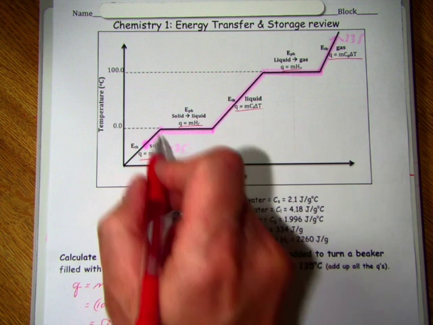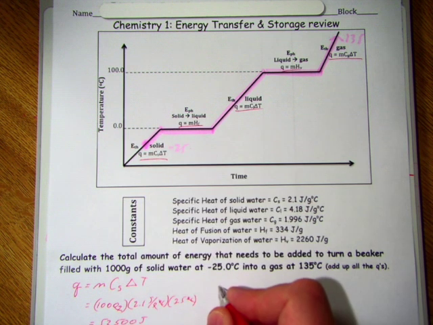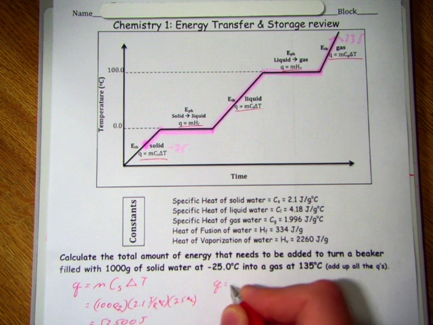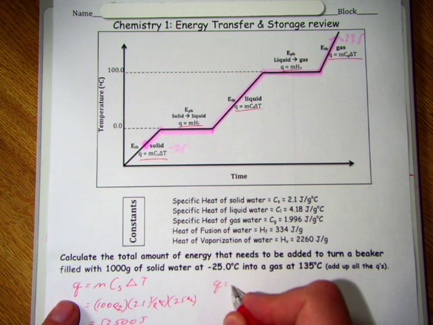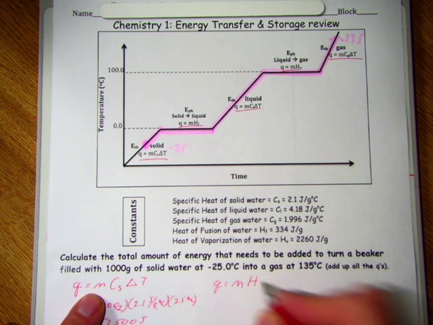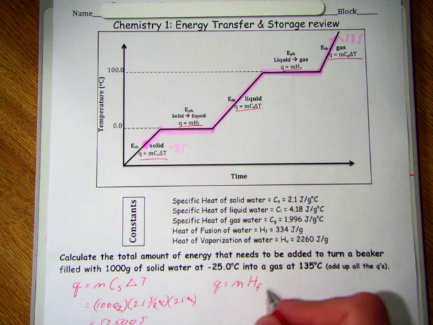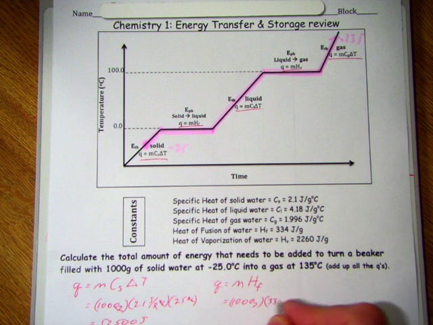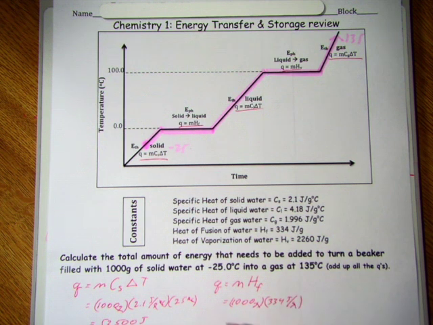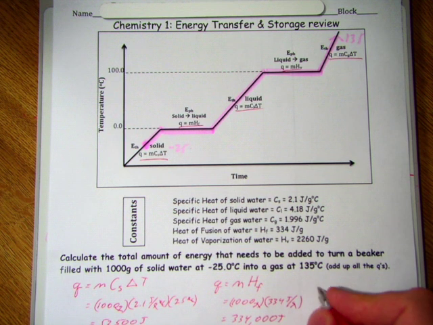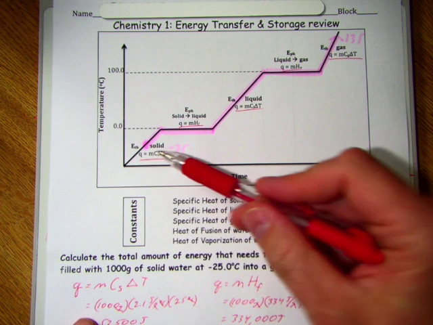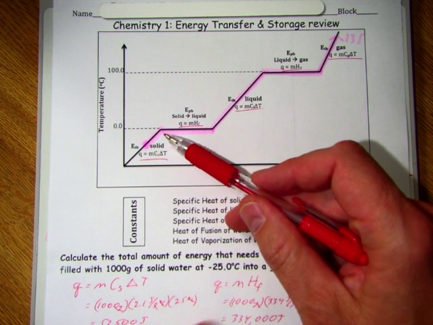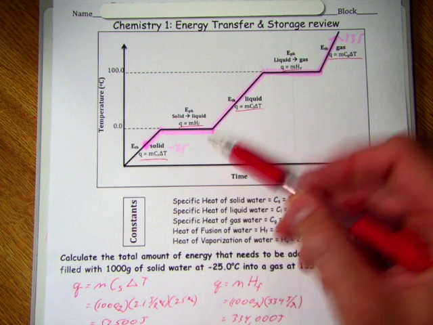For this next section, there's no temperature change. It's in this case, the melting phase. And that equation, it's the same equation. Q is m times a constant, and the constant is the heat of fusion. No delta T, because there is no delta T. So it's just 1,000 grams times the heat of fusion, which is 334 joules per gram. Grams cancel. 1,000 times 334 is 334,000 joules. So we've gone from heating the solid from negative 25 to 0, melting it, took another 334,000, and